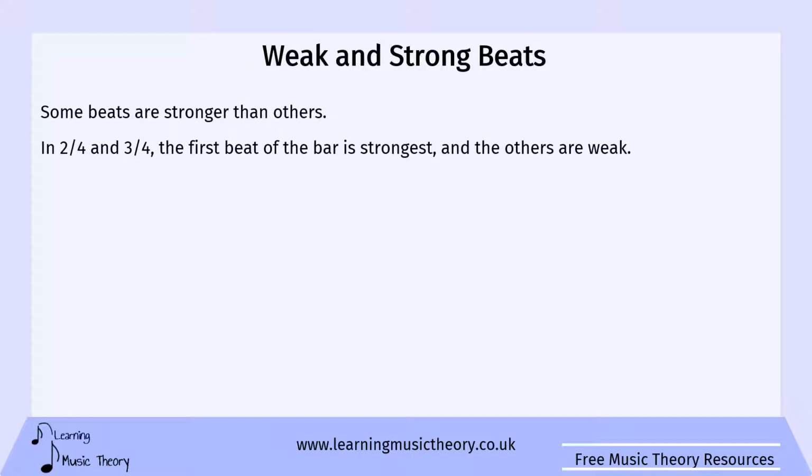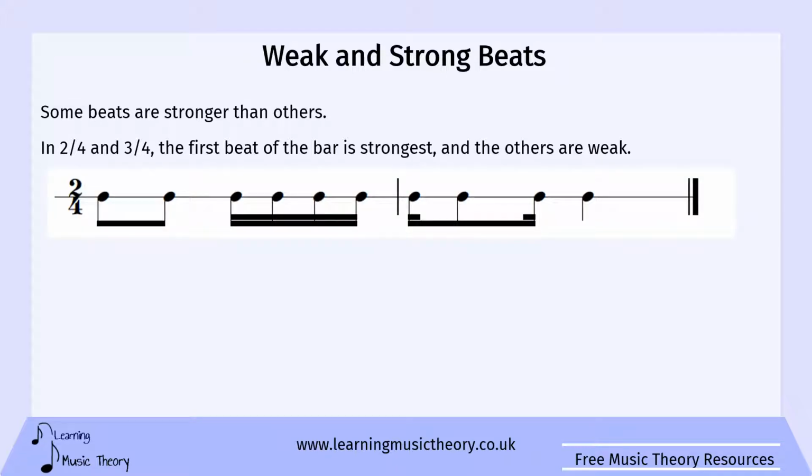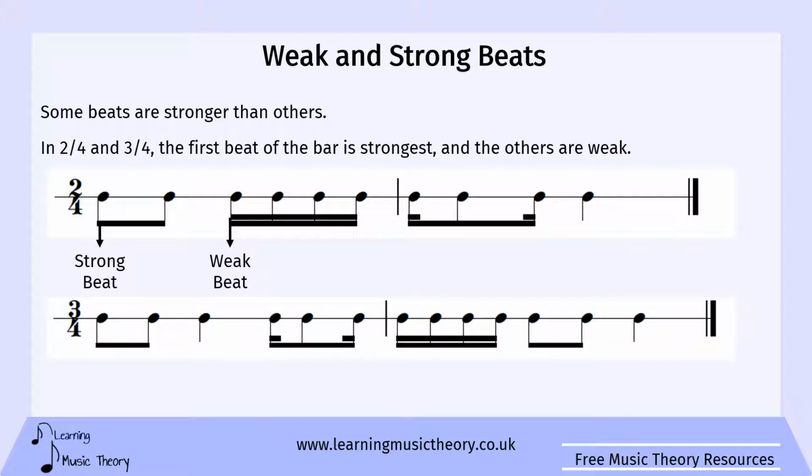Now in 2/4 and 3/4 time, the first beat of the bar is normally the strongest, while the remaining beats are weaker. To explain this better, we'll use the example looked at earlier. In this example of 2/4, the first beat is strong, while the second beat is weak. And in this example of 3/4, we again have a strong first beat, which is then followed by two weak beats. Notice, however,